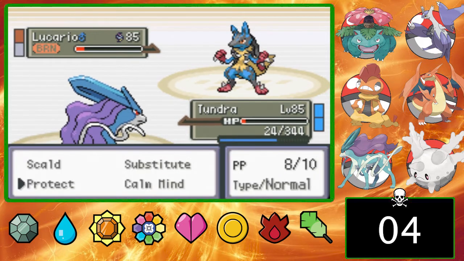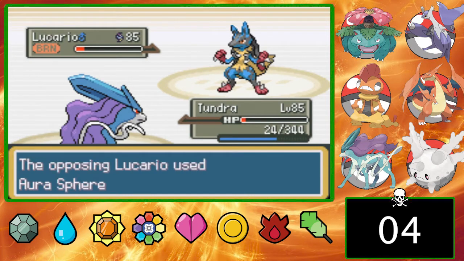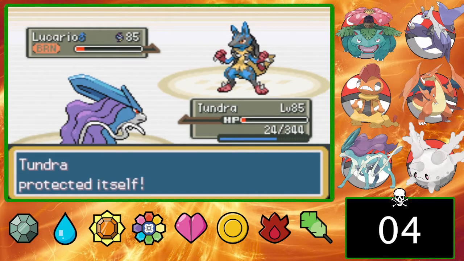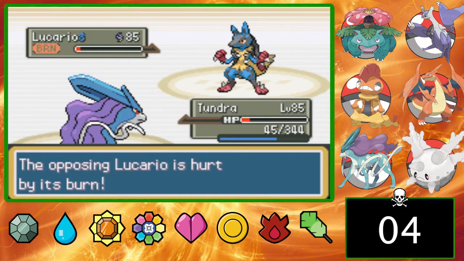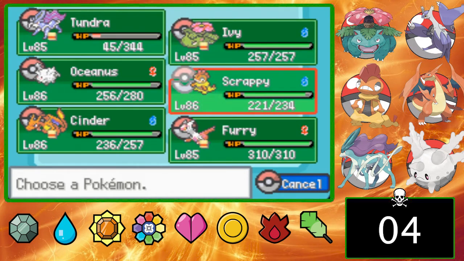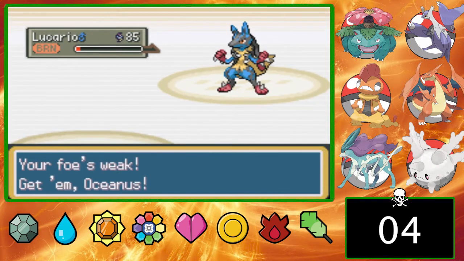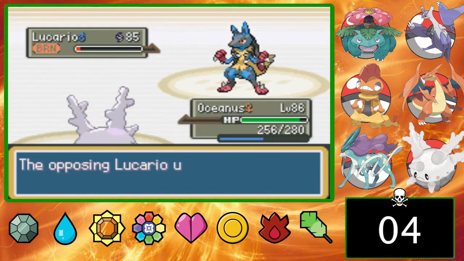So, Protect. See what it goes for. It goes for Aura Sphere. Okay. So this is something that I can predict. Tundra obviously cannot fight anymore. Just needs another turn or two. Go to Oceanus here. Predicting the Aura Sphere. I honestly figured he'd go for Bullet Punch, but...